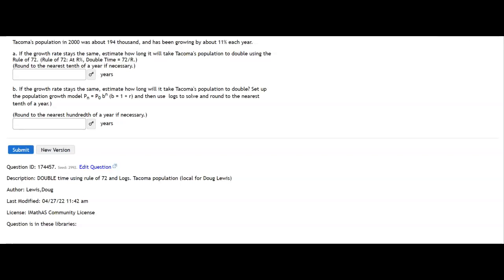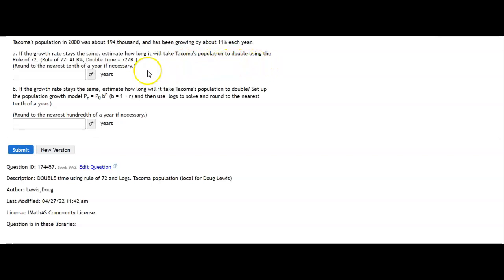So if something is growing exponentially, there are some fairly quick ways of finding out how much time it will take for a population, or even an investment, to double in size. This gives us a population: Tacoma's population in 2000 was about 194,000. It says it's been growing by about 11% each year. That's not actually a fact. But if the growth rate stays the same, estimate how long it will take Tacoma's population to double using the